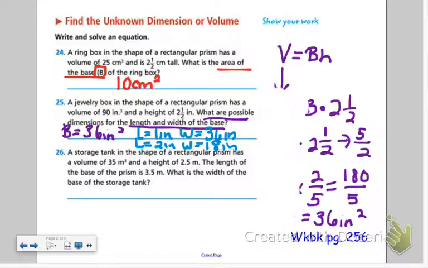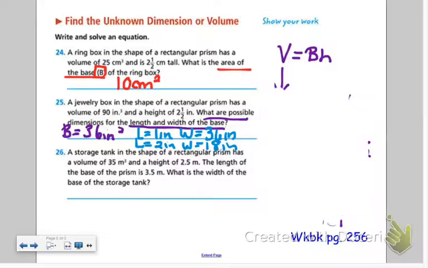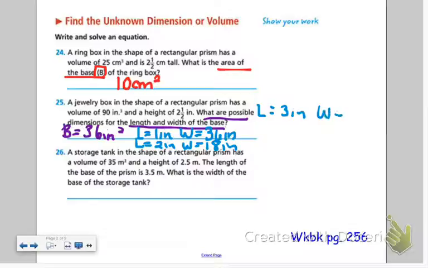Let's see, what other possibilities could I come up with here? Maybe the length is 3 inches, and the width could be 12 inches, because 3 times 12 gives me 36. Or maybe the length is 4 inches and the width is 9 inches, because 4 times